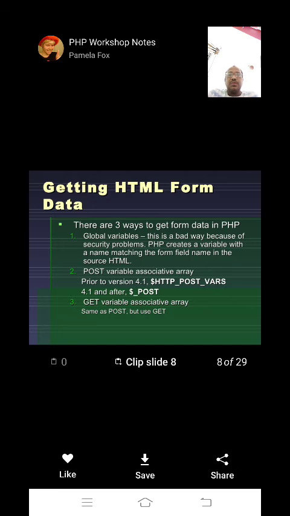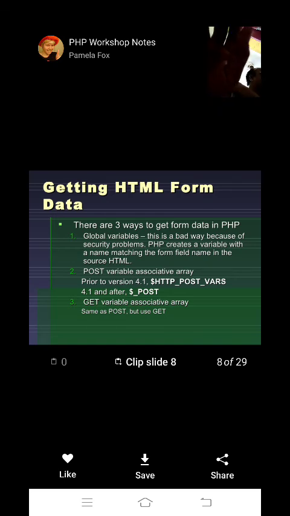Now see how to get HTML form data. There are three ways to get form data in PHP. You already know that PHP is an excellent language for gathering information into the database. It's the most powerful language for gathering information and storing it into the database; that is its main purpose. How do we gather that information?